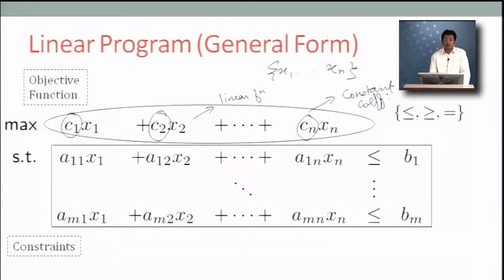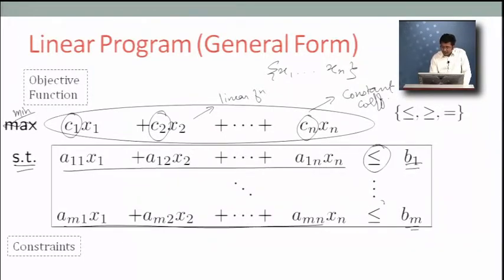Okay, these are constant objective coefficients, so we are maximizing that. We can also minimize that, but again, Shalom will address converting minimization to maximization, and it's really trivial, so we'll leave that alone. And you can have linear left-hand sides, constant right-hand sides, and I have written less than or equal to for these constraints, but it can also be a greater than or equal to, or an equal to,